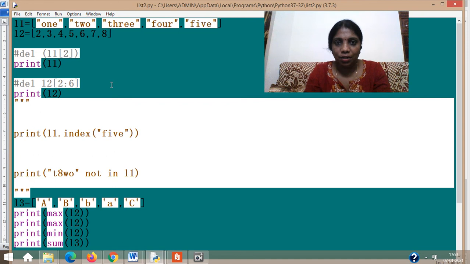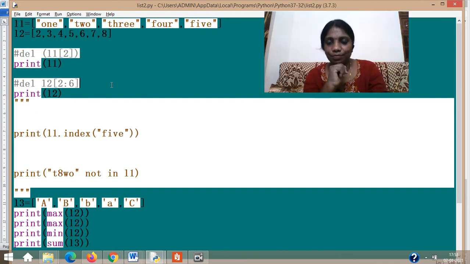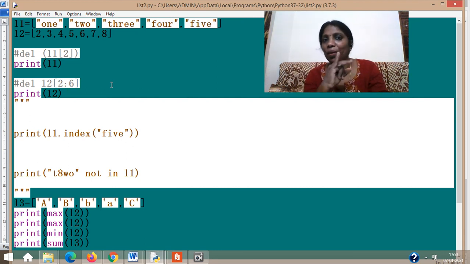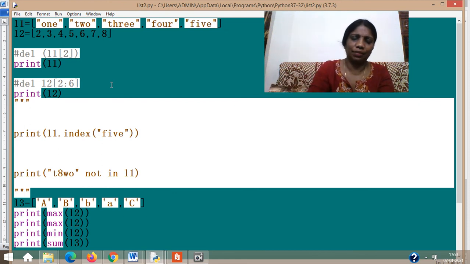So basically we finished learning the functions of list and the extra points of list, which is del. Sum, min, max I already finished, which are not specific functions; they are common for every kind of data type. The specific functions of list were append, insert, extend, pop, remove, clear, sort, reverse, index, count, etc. I think we covered everything.